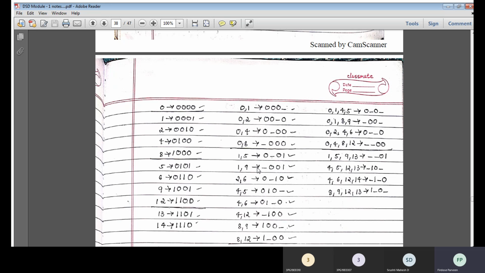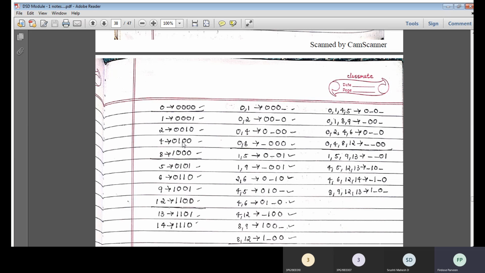In the same way, can 1 and 6 be compared? No, because it is varying in two positions. See here, it is 0, 0, 0, 1, whereas 6 is 0, 1, 1, 0. So I cannot take 1 and 6. But 1 and 9 I can take. It is written as dash, 0, 0, 1. 2 and 6 I can write: if I put 0 here, it becomes 2, and if I put 1 here, it becomes 6. In the same way, 4 and 5, 4 and 6, 4 and 12, 8 and 9,